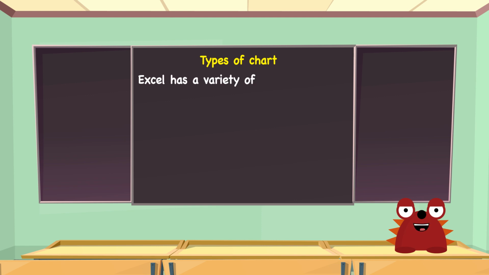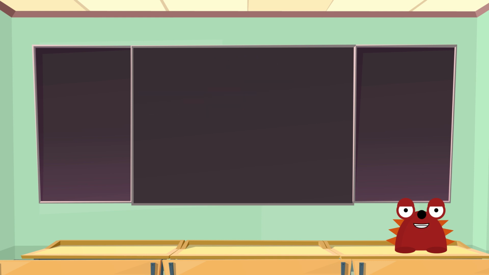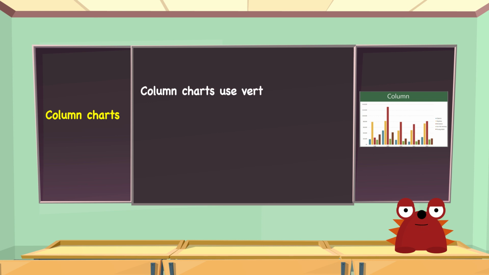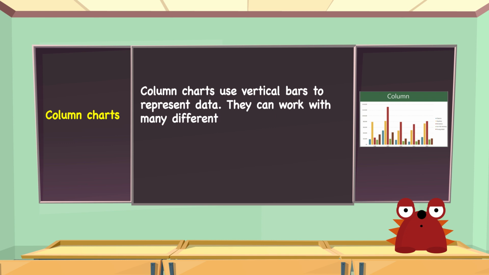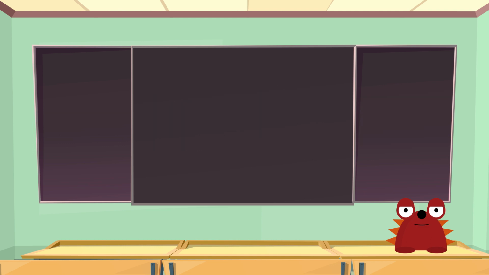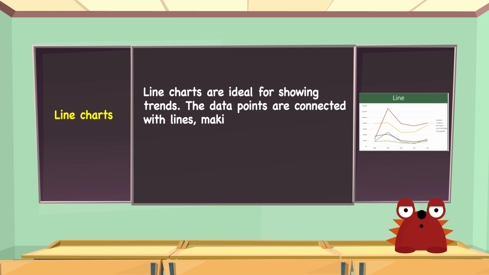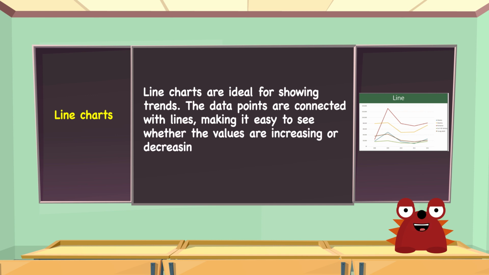Excel has a variety of chart types, allowing you to choose the one that best fits your data. The first type are column charts. They use vertical bars to represent data. They can work with many different types of data, but they are mostly used for comparing information. Second are line charts, which are ideal for showing trends. The data points are connected with lines, making it easy to see whether the values are increasing or decreasing over